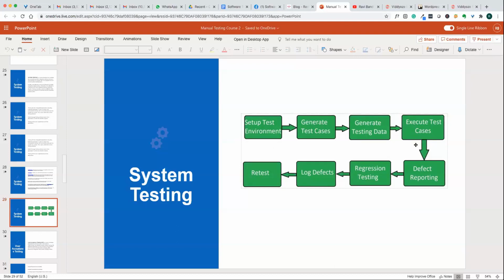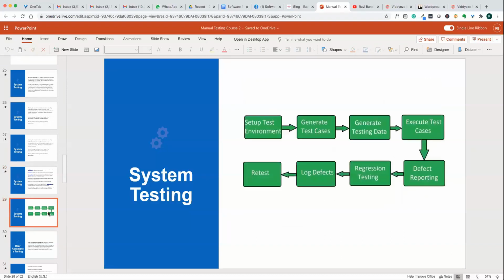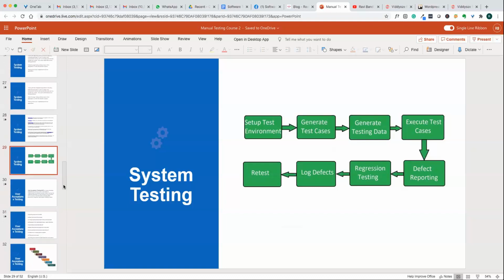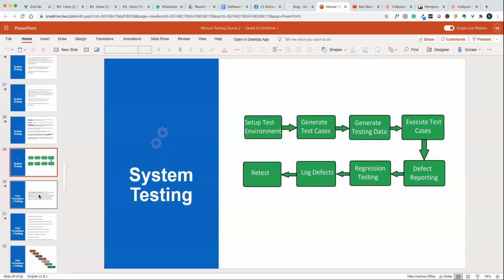This is the cycle of system testing, and we're going to repeat these tests in the system testing process. I'll probably explain it by taking one project and show you all the details of these steps.